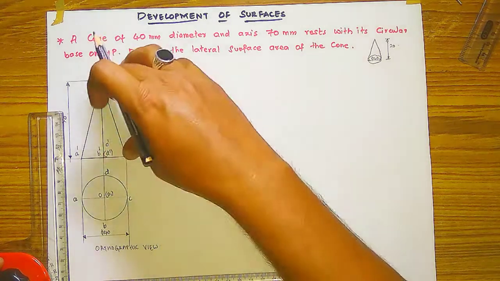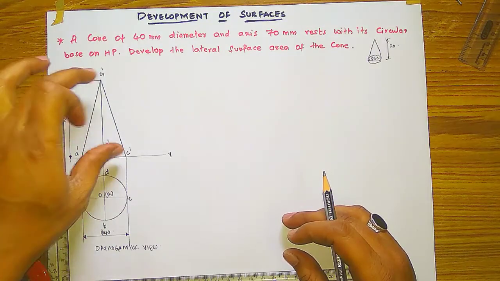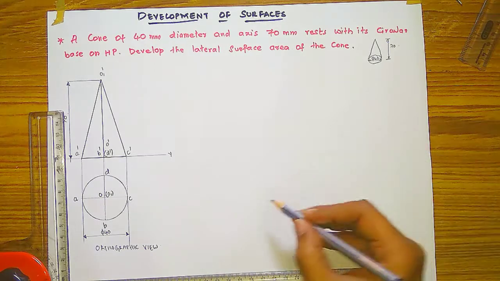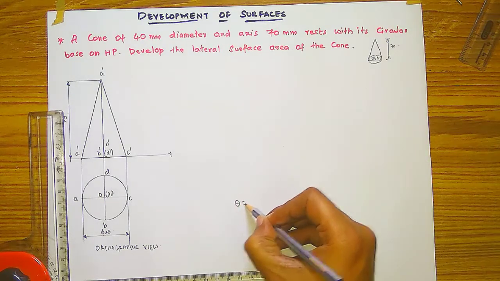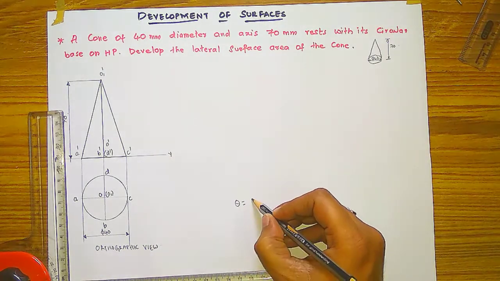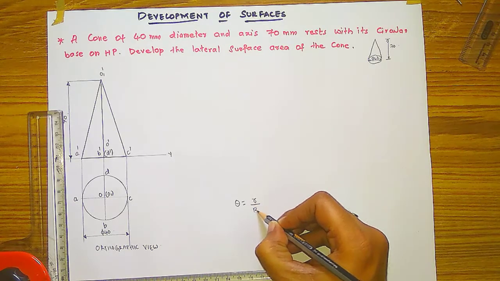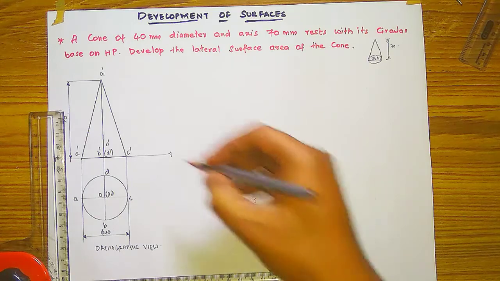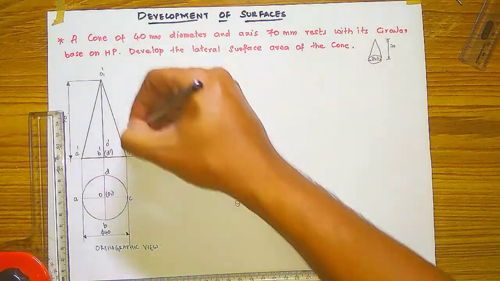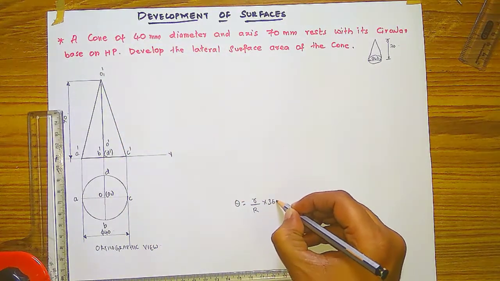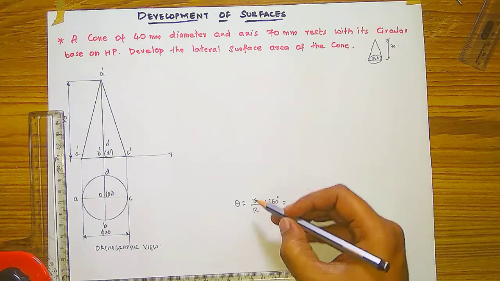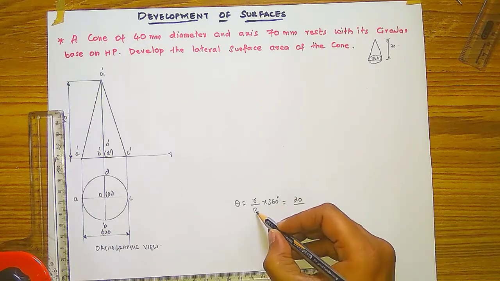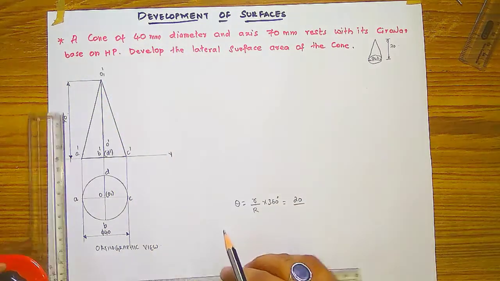Now to develop the surface of this pyramid, how to develop? First you have to find the theta angle. So theta will be, for the cone, small r by capital R into 360 degree. This small r is the radius of the circle and capital R is the slant edge distance. Then small r will be 40, half will be 20, so 20 divided by capital R, the slant edge distance, so we have to measure it.